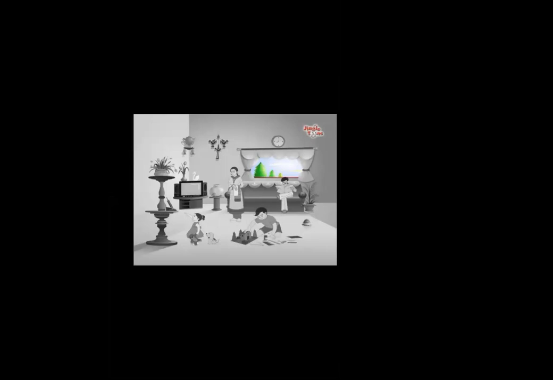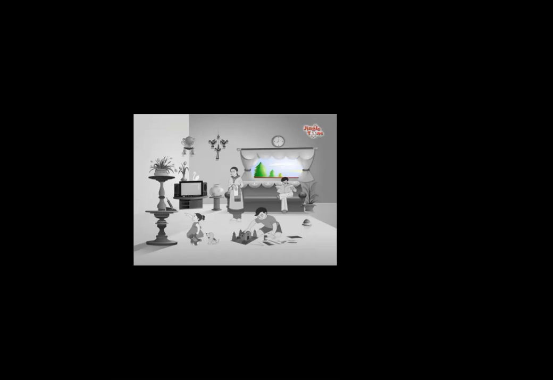Okay, first of all, we should see the place given in the picture, which place. Okay, after that, we should see the people in the picture. What are they doing in the picture? And then we should try to describe the things in that place, and the people, the things around the people in that picture.